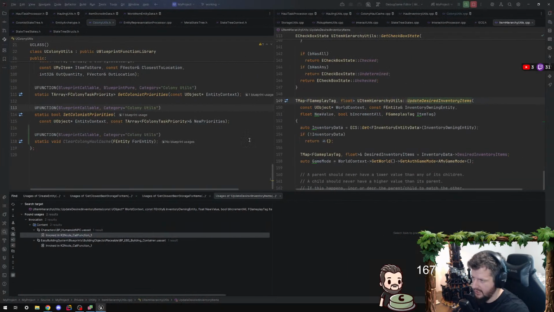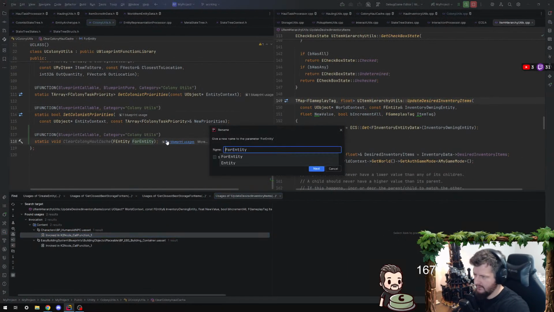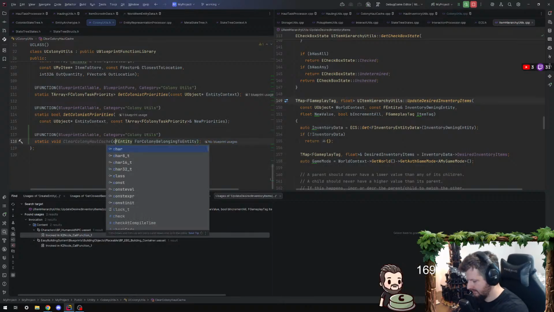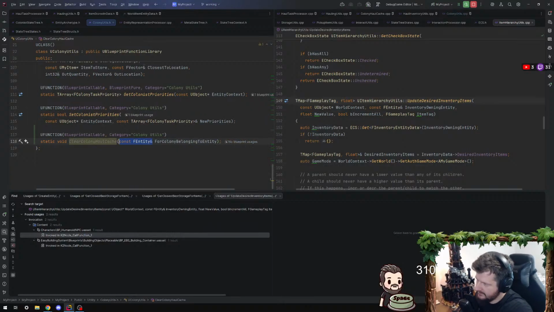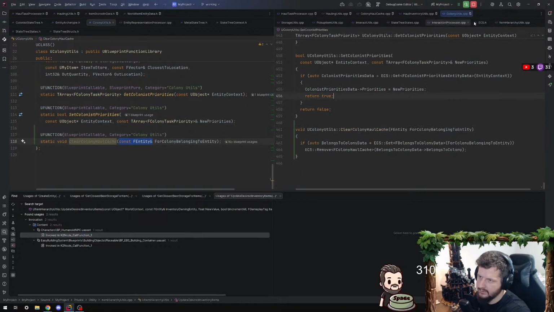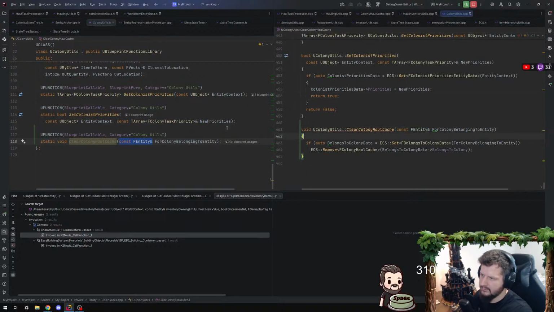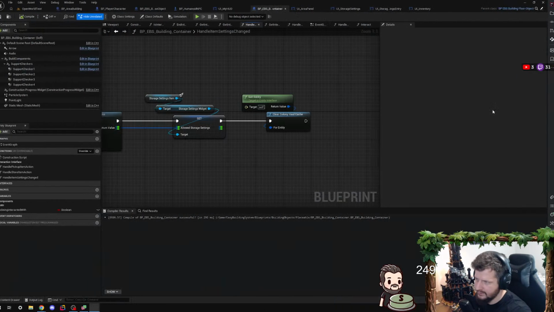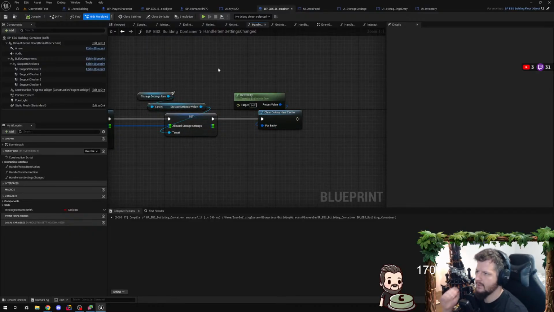Maybe I should even change that to colony belonging to entity, and also const ref, because the function ain't gonna do anything if an entity isn't provided. So just do that. Okay, we want to do it for that, and then we want to do it for